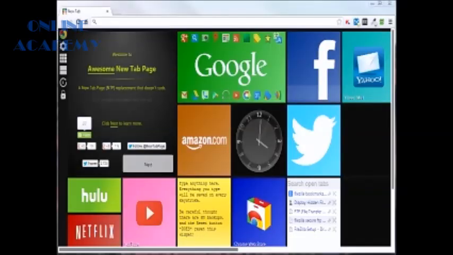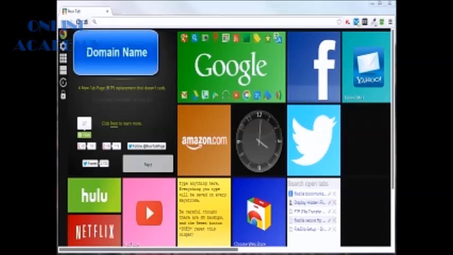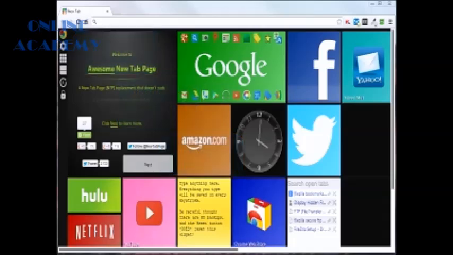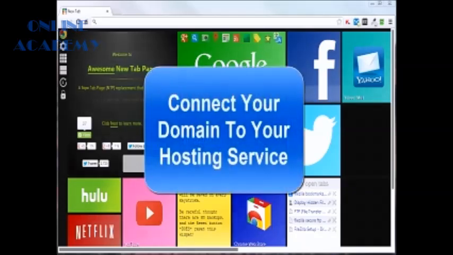In order for you to have, build on, and maintain a website, you're going to need at least a domain name, a web hosting account, and some means of transferring files back and forth between your computer and your website. Now, once you have purchased your domain name and have a web hosting account, you need to assign your domain to that hosting account. That's what we're going to be doing in this video, connecting your domain to your hosting